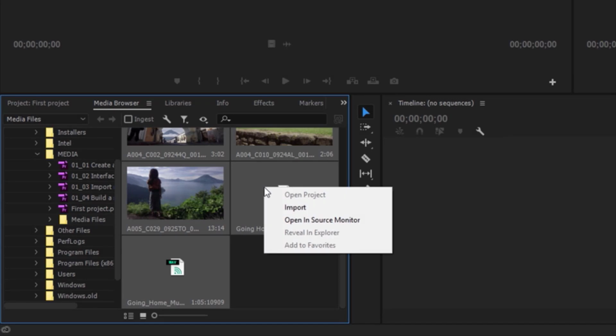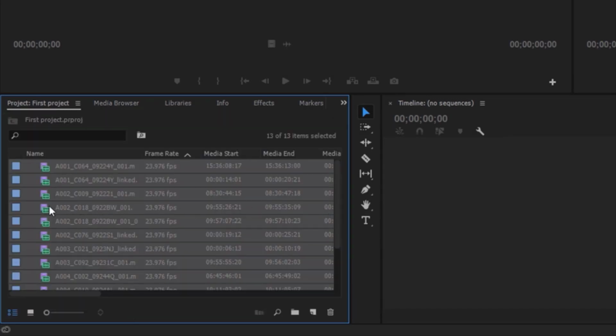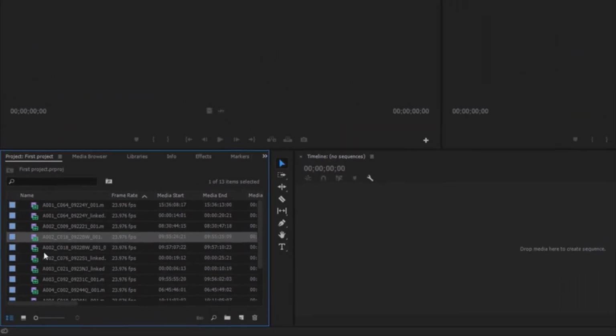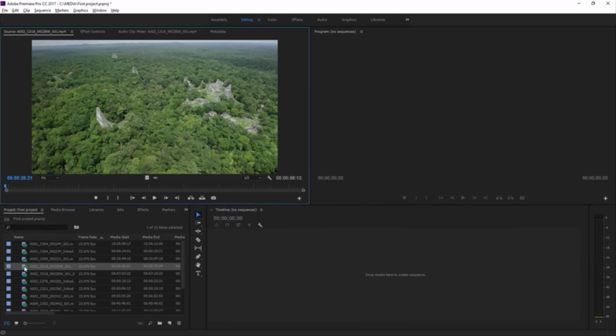And I'm going to right-click on any of them, and I'm going to choose Import. And there we are. Now, inside our project panel, we've got a list of clips. These are pieces of video. And if I double-click on any of these, they open up in the source monitor for me to take a look and decide if I want to use them. So now we have a project file with some media imported, and we're ready to get started reviewing our footage